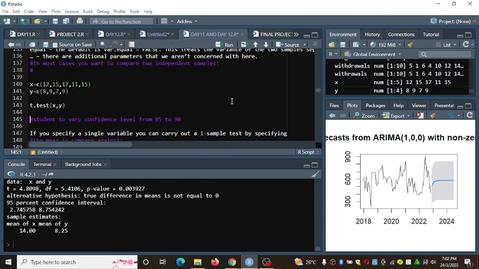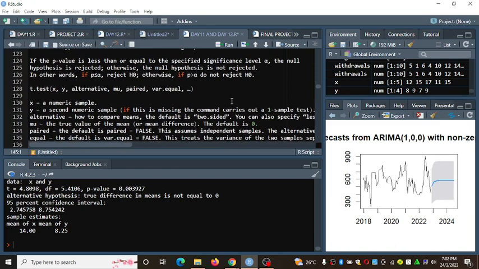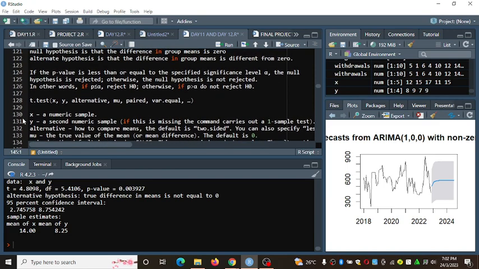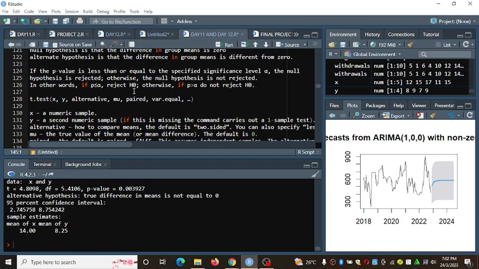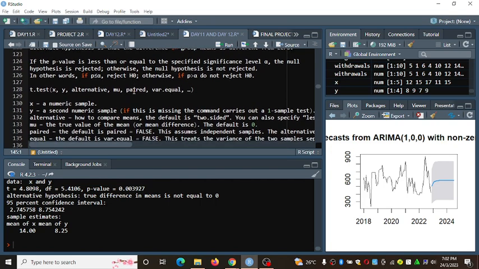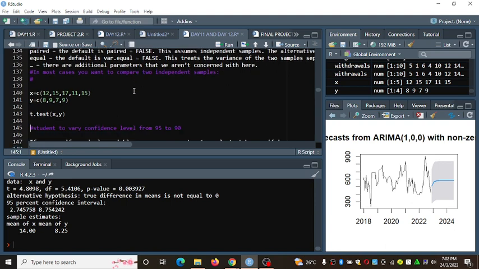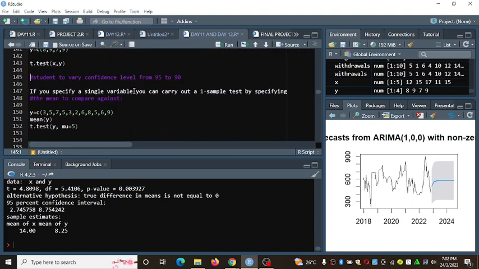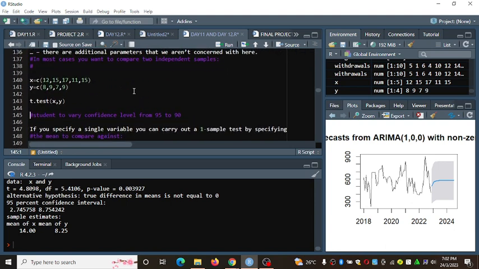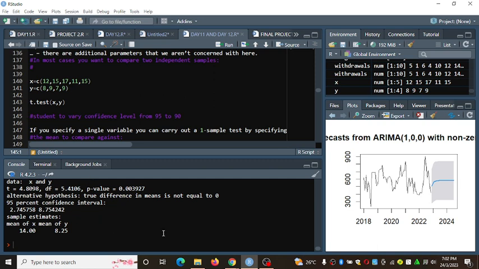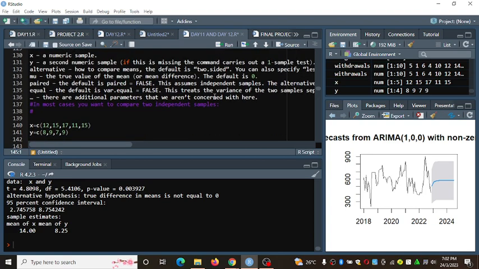And remember, if p-value is less than alpha, reject null hypothesis, and our p-value is less than alpha. So we just reject this null hypothesis. So we reject null hypothesis and conclude indeed the true difference in mean is not equal to 0.